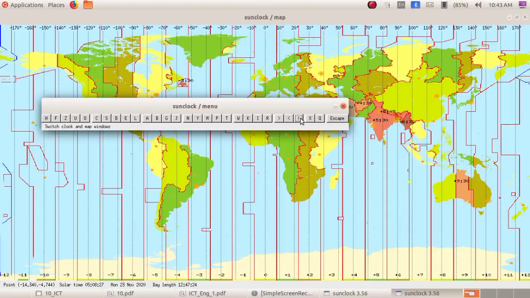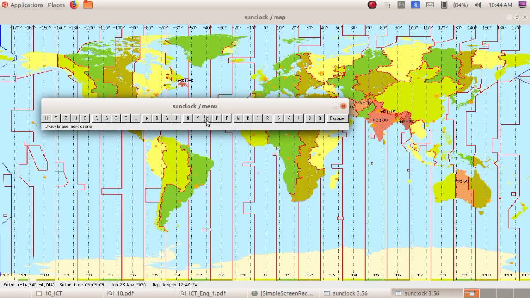So exclamation is that clock and map tool to display map showing time zones. Second one N, that is toggle night tool, to hide the day and night. Next M, toggle meridian, that is to display the longitudes. If we are clicking on the M tool for the second time, the degrees will become visible at the bottom. If we are clicking for the third time, degrees will be at the top. Is it clear? It is a little bit confusing, that's why I am repeating it.